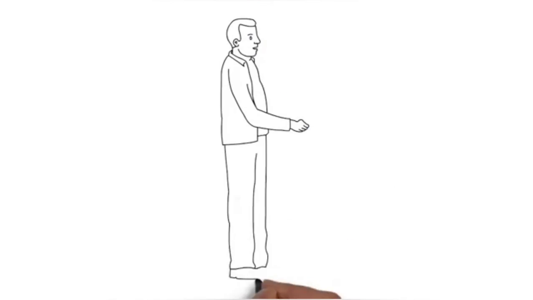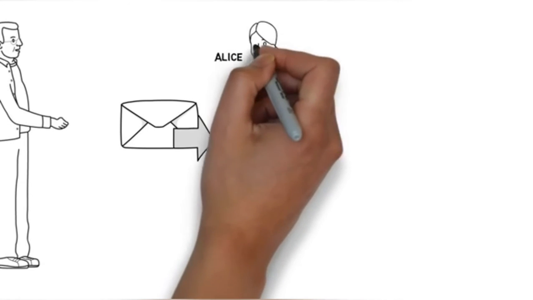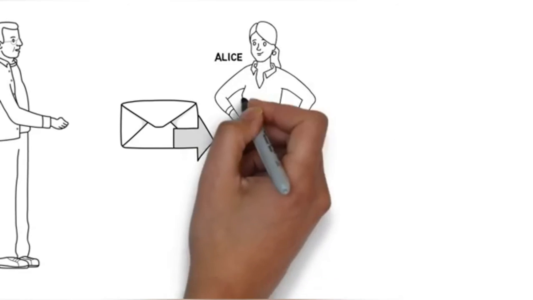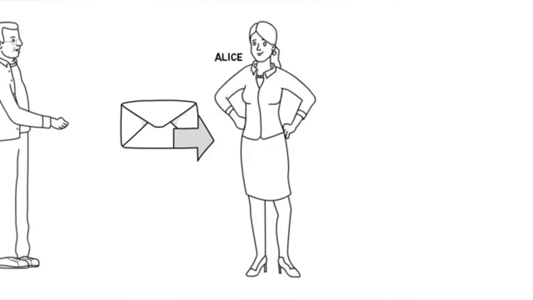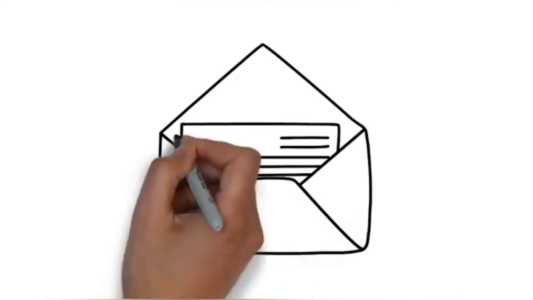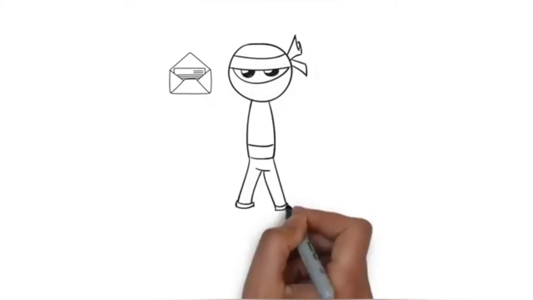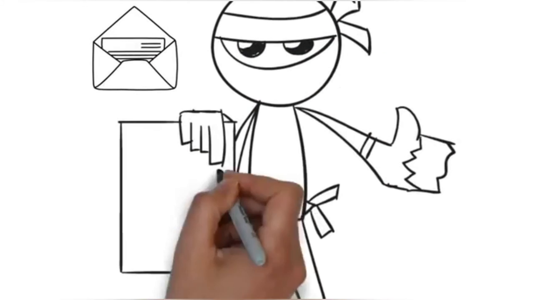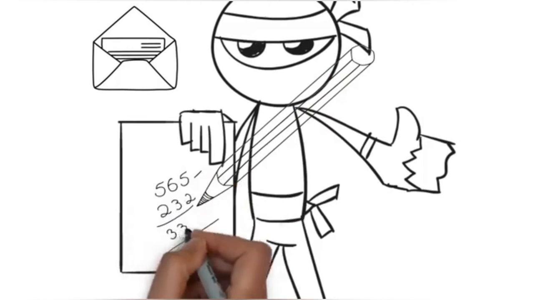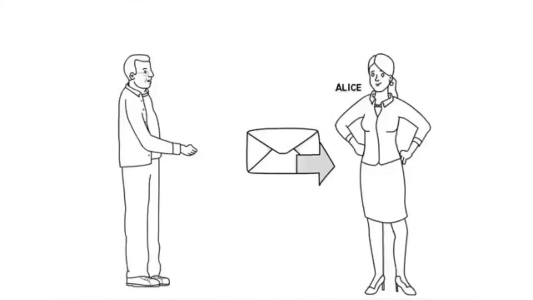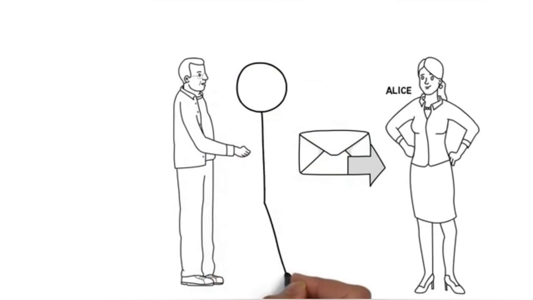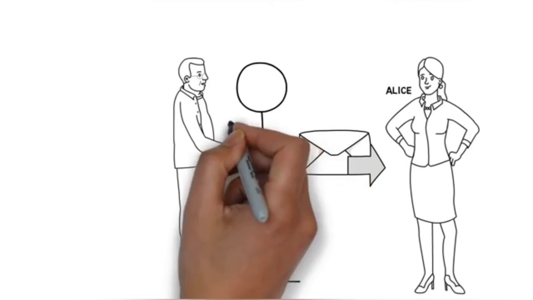So let's say Bob wants to send a secret mail to Alice. There is a risk when Bob sends this letter. Somewhere along the way, the letter may be intercepted by somebody other than Alice. If this letter falls into the wrong hands, the person may read the secret message, write it down, or misuse it, and then continue to pass it to Alice. How can Bob be sure that nobody in the middle